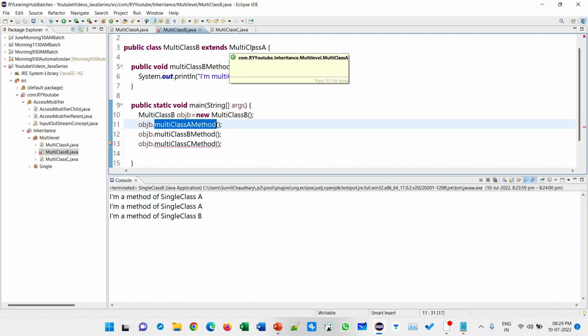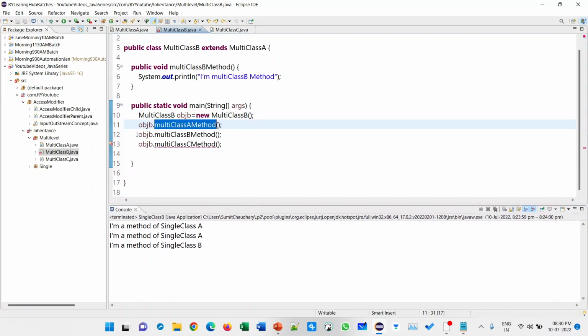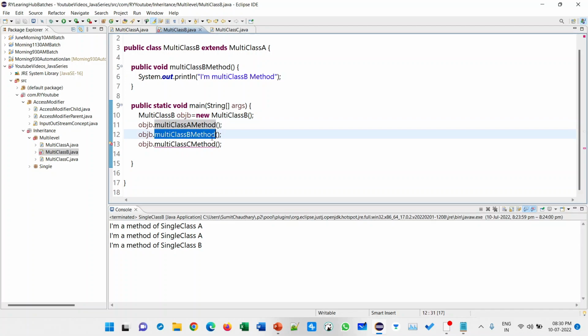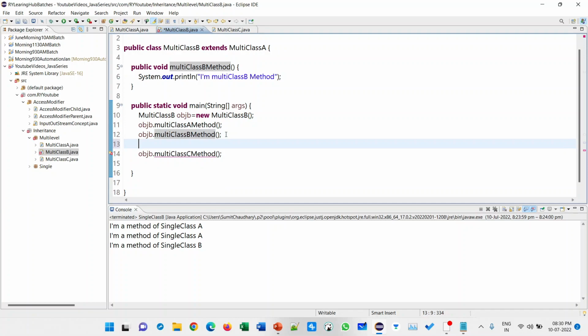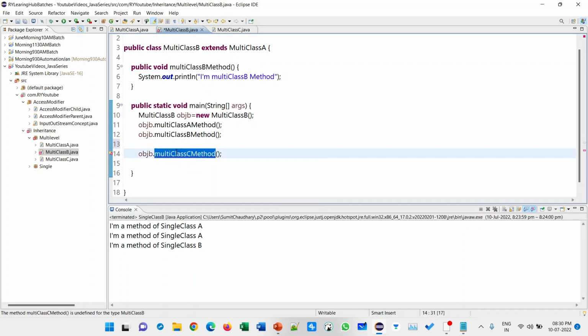Guys, please try to understand. This is an A property, this is a B property, so B can access its property easily, but B cannot access the C class property because C is the child of B.